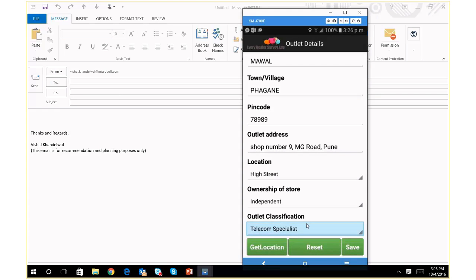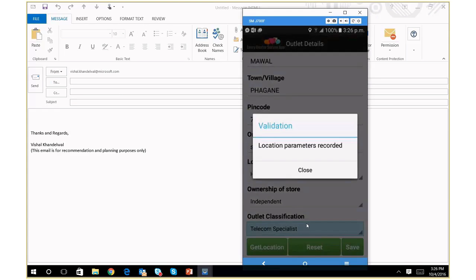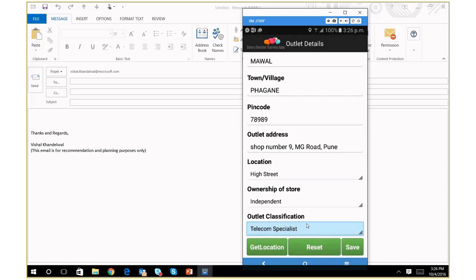The next thing that I need to do is click on get location. Once I click on get location, the GPS parameters of this outlet are stored. So as a sales executive, what you need to remember is the data entry of the store has to happen in the store itself and not anywhere else. These GPS parameters are of great importance to the company. I will click on save